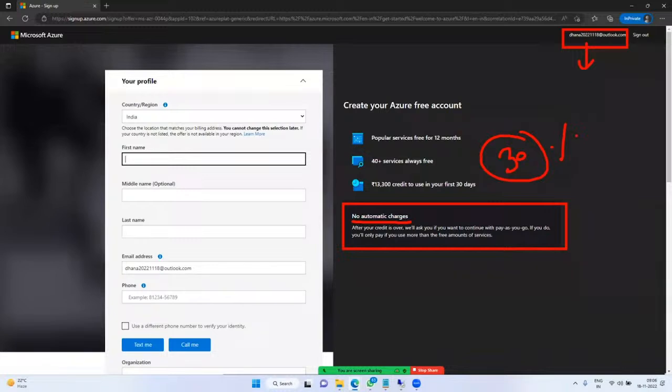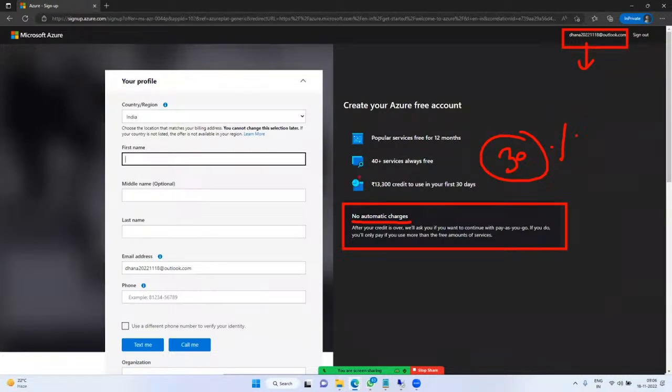Some people doubt that if we pass credit card details, maybe Microsoft will debit the amount after this free trial is over. Please erase all these thoughts from your mind. After 30 days, your account cannot be managed, and you cannot create any service as well. Automatically your account will be deactivated.